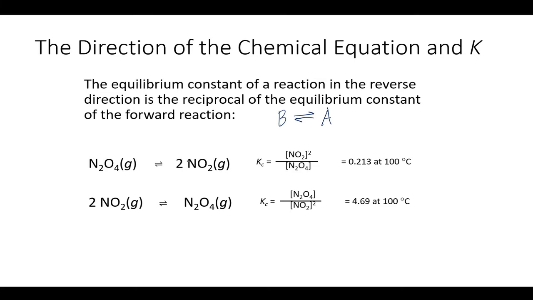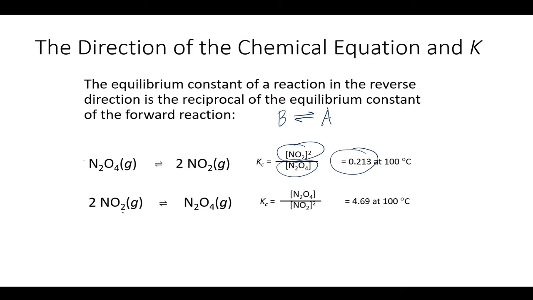Okay, so look at this reaction that we've been talking about. N2O4 goes to 2 NO2s. Here, technically, NO2s are the product and N2O4 is the reactant. Reactants going to products, that's how we're thinking of it. But we realize that this is a dynamic process. All the time, products can be turning back into reactants while reactants are turning into products. But since we've written it this way, that dictates that it's products over reactants and gives us a Kc value like this. If I flip these two things,